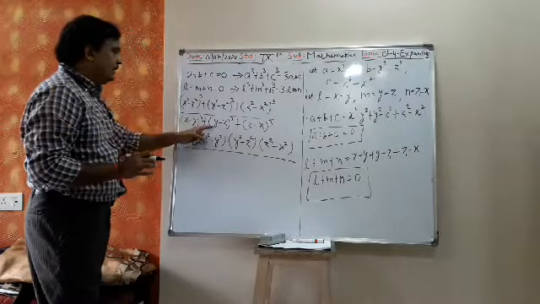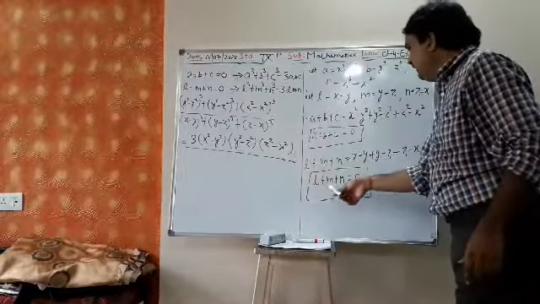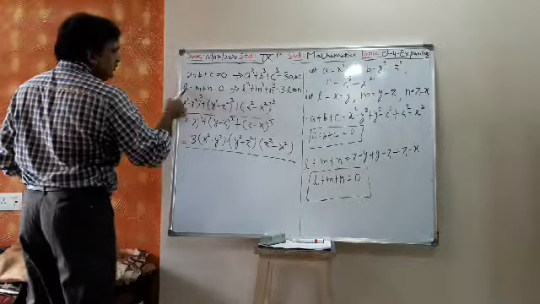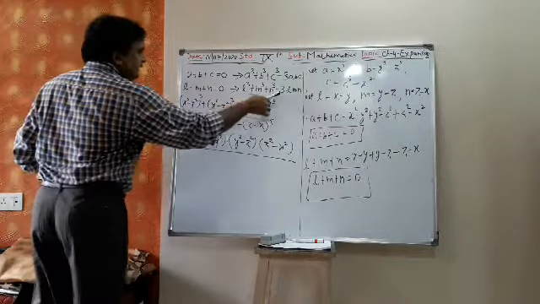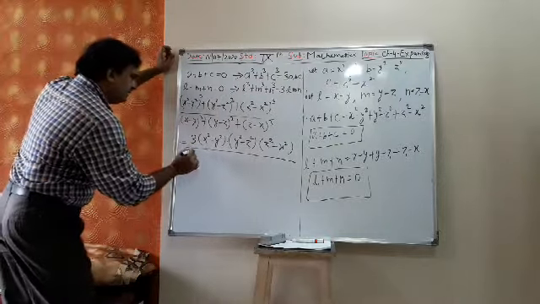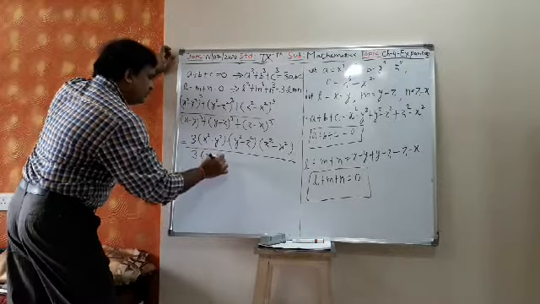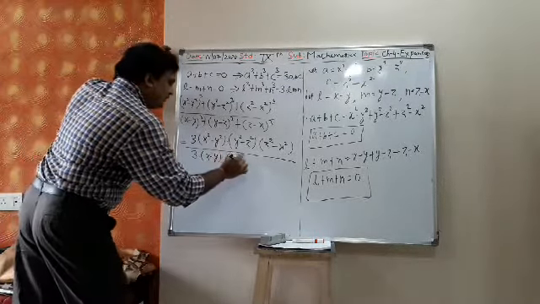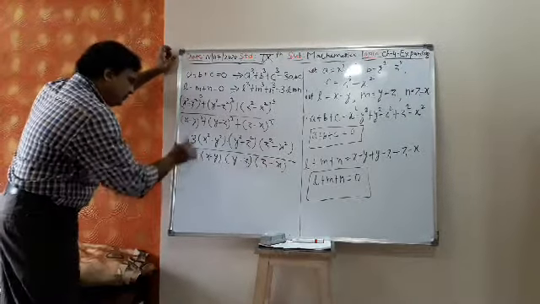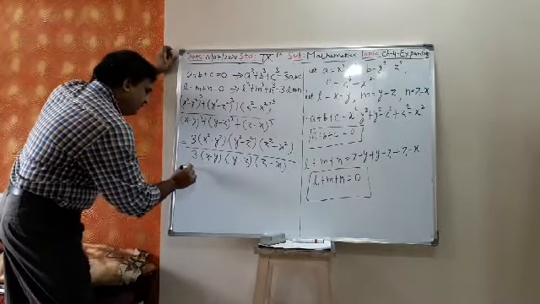Then similarly, x minus y, y minus z, z minus x. So L plus M plus N is 0, which means L cube plus M cube plus N cube is 3 into L into M into N. So what is L? x minus y. So that will be x minus y into M, y minus z, into N, z minus x. So 3 get cancelled. Then what can I write?